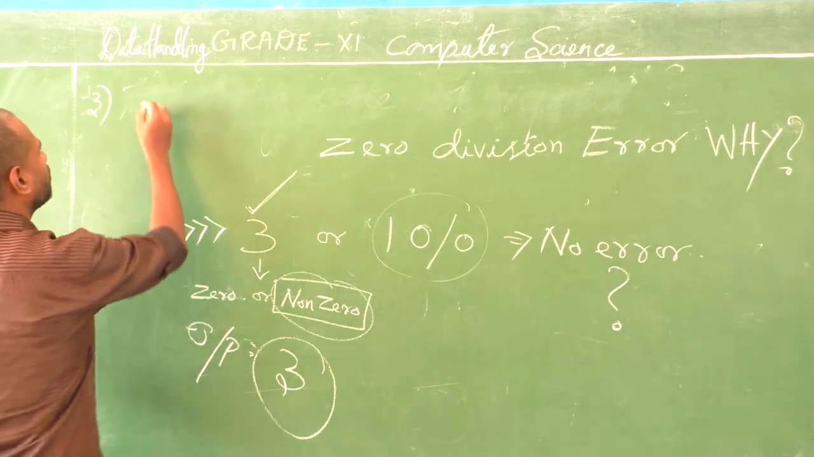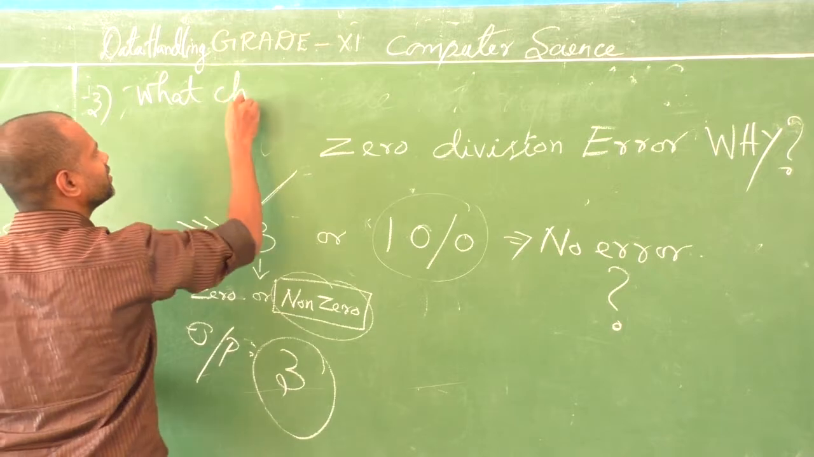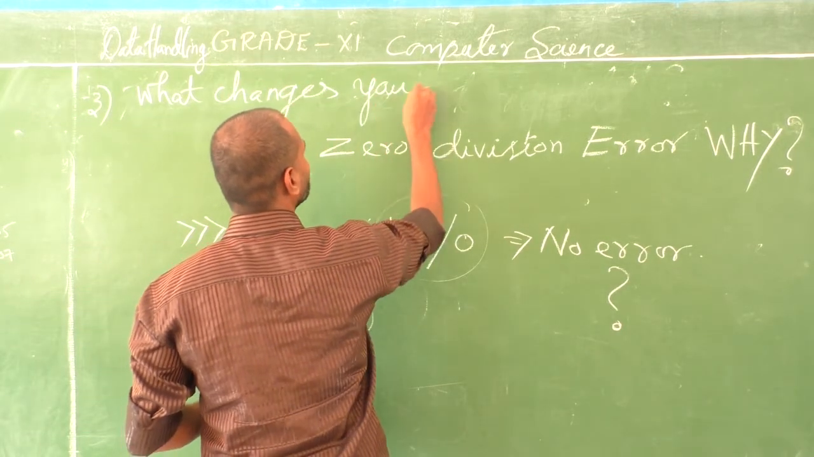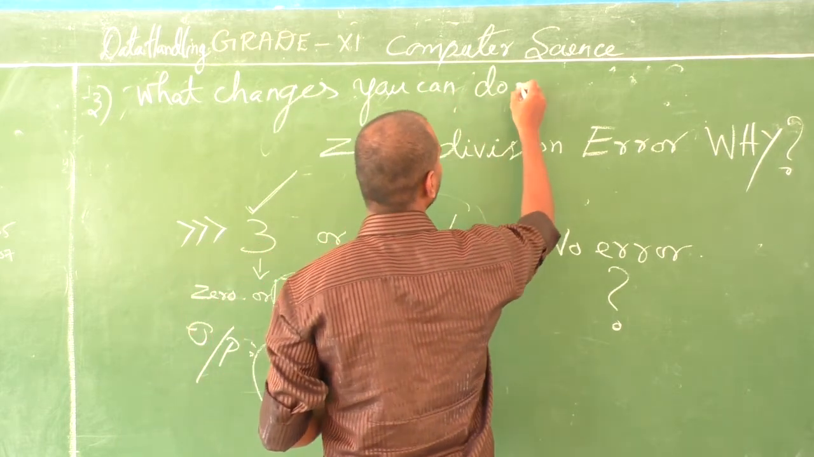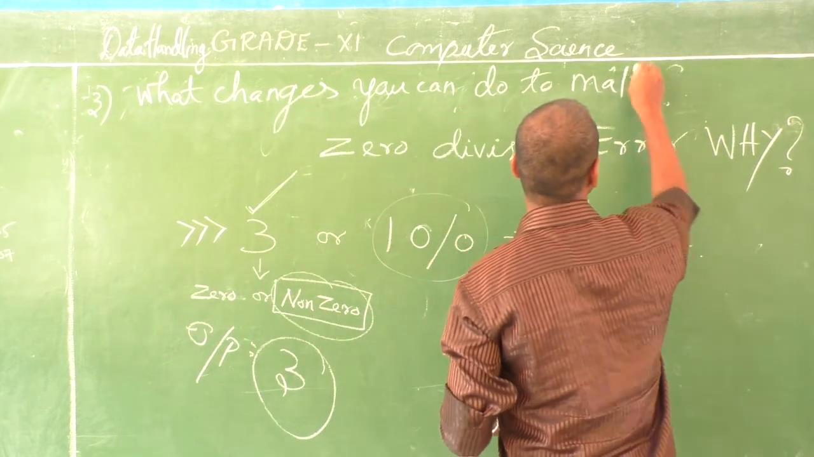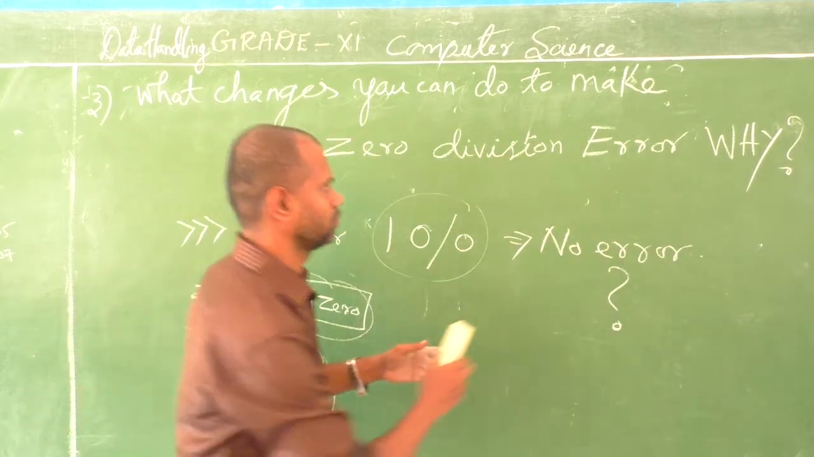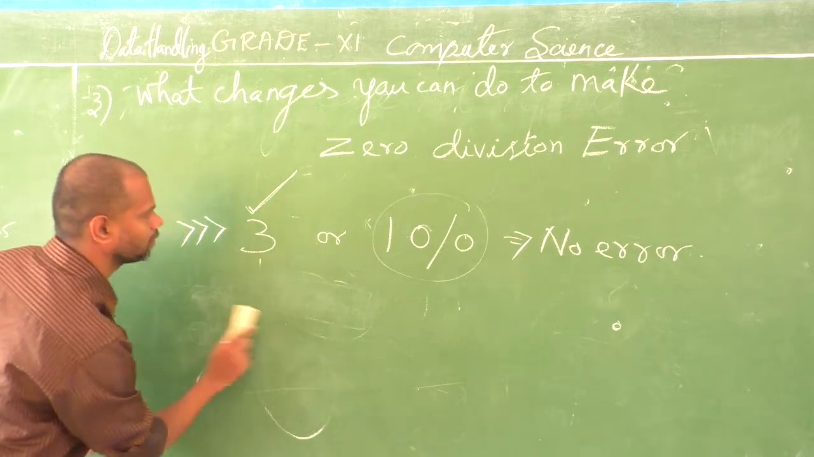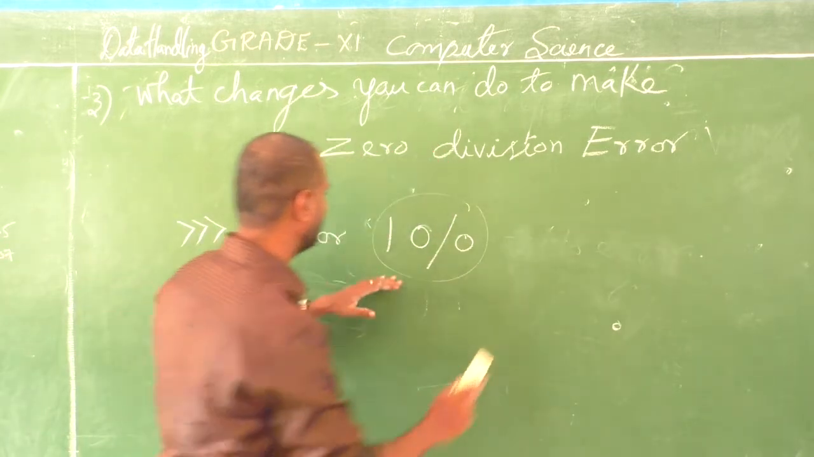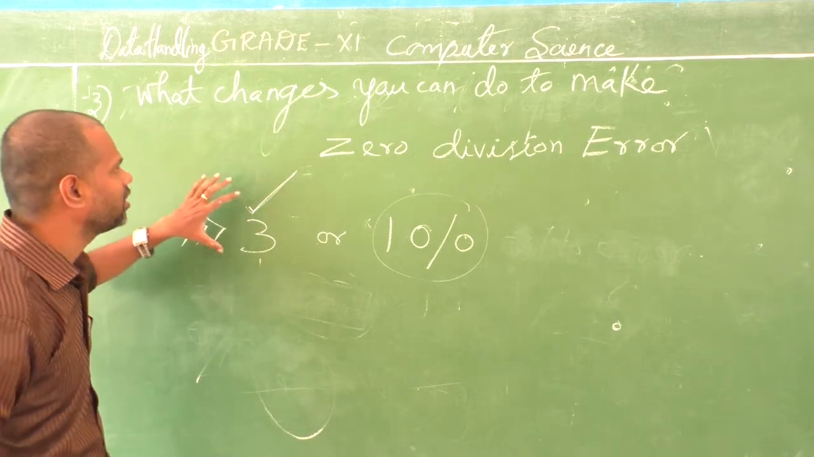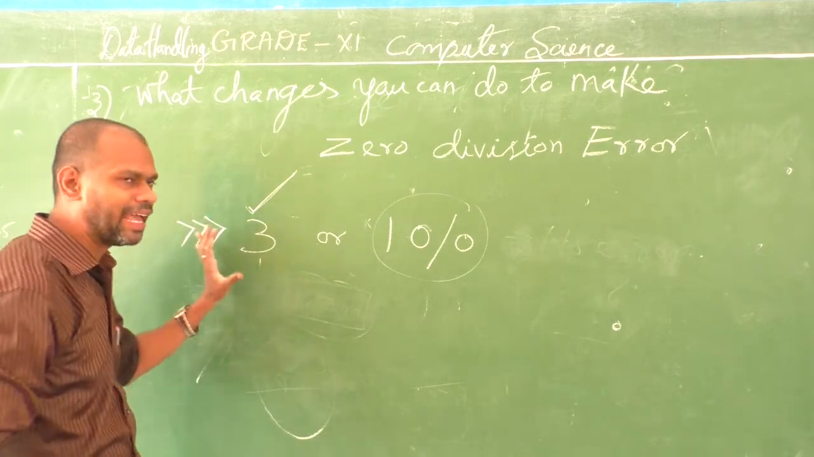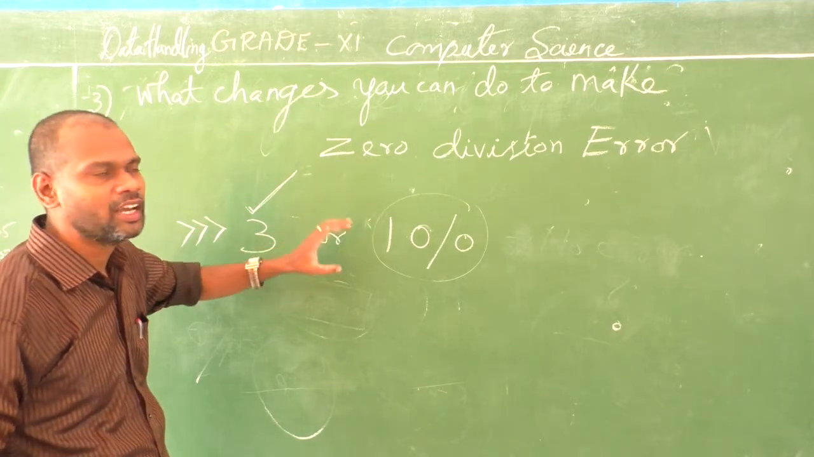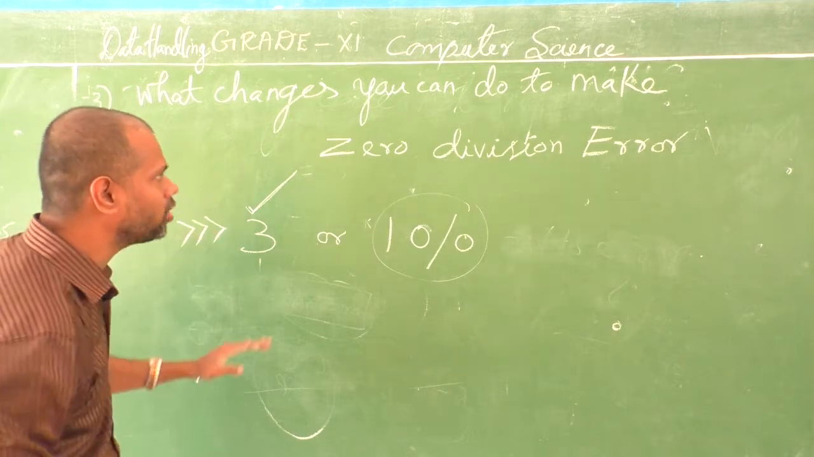One more question is, what changes can you do to make a zero division error? Listen. This is the expression. In this expression, the same expression you have to use. But if you do some small changes in this expression, it should show the zero division